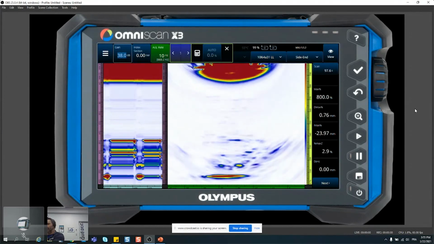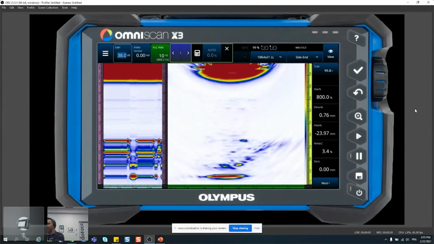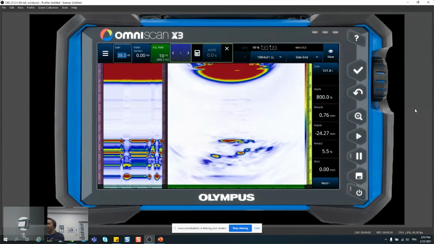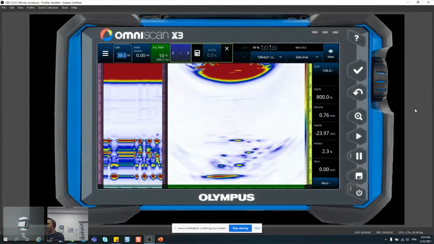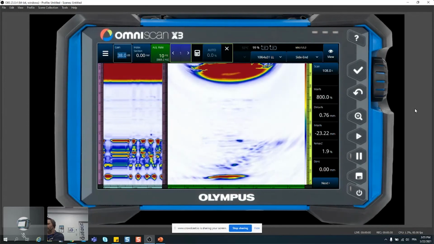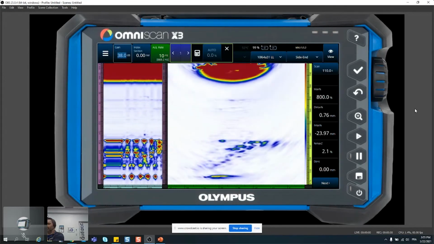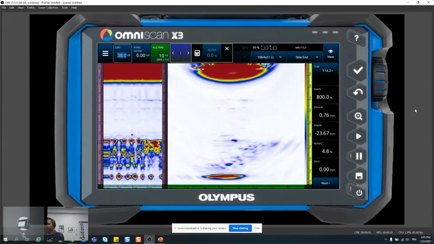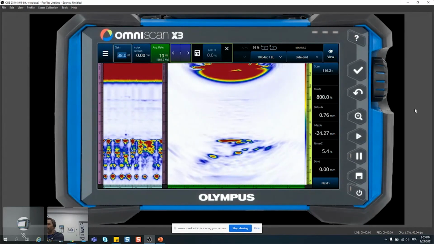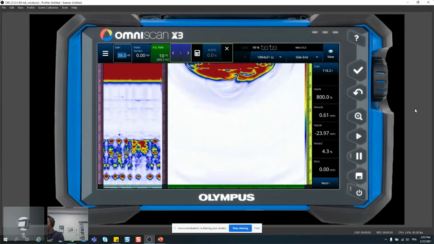So I'm actually creating a full 64 TFM right now, which also helps and improves on resolution as well as sizing, right? And just like that, that's it.